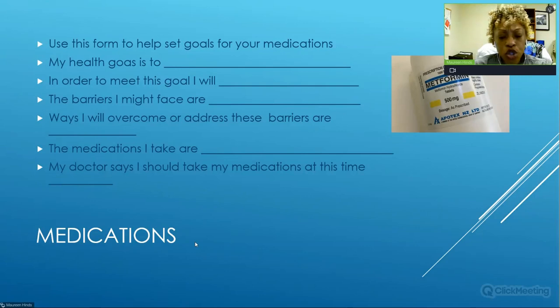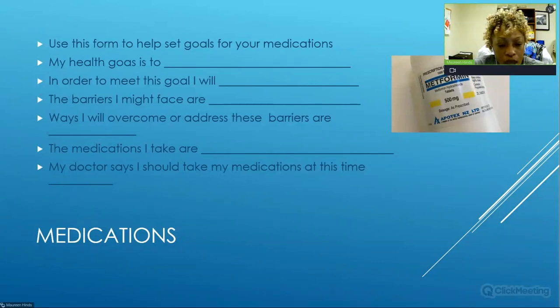Also, it could mean that you need a lower dose, meaning if you're taking 1,000 milligrams, talk to your doctor to see if maybe 500 milligrams for a week or two, and then gradually going up to 1,000 might be beneficial, things of that sort. I say that because that's a very common complaint about metformin, and it's very important because a lot of people just stop taking it, and it's not going to help you if that's what's going on.